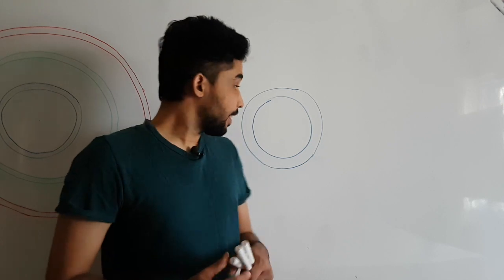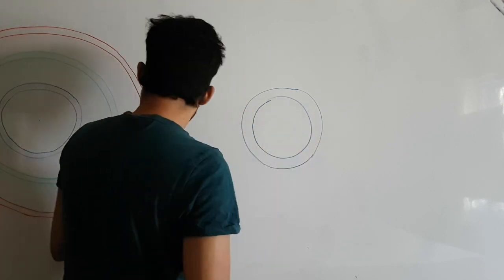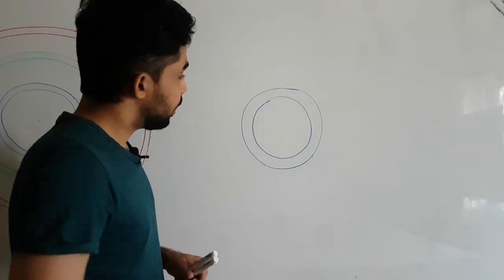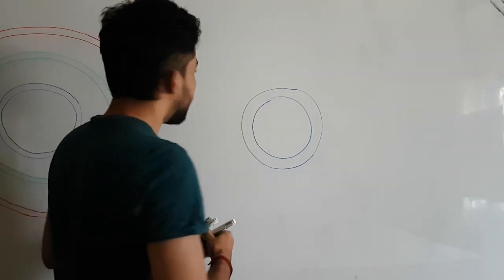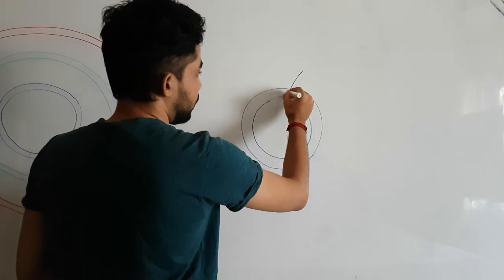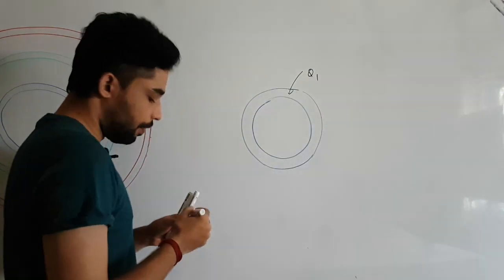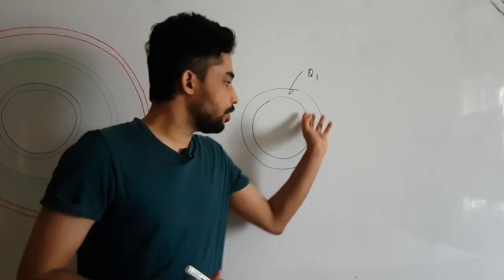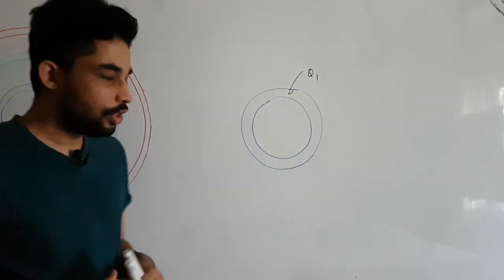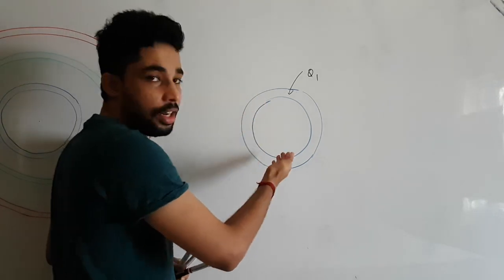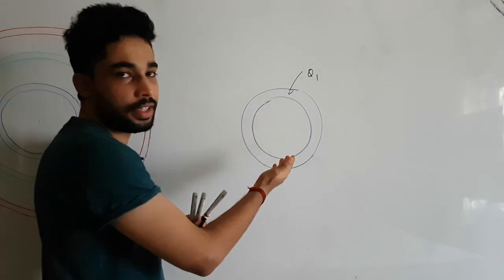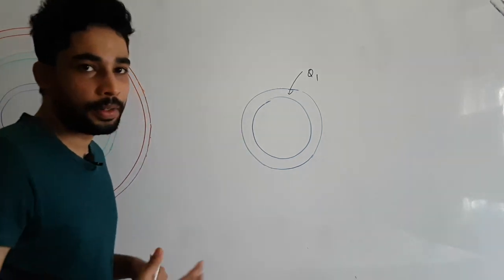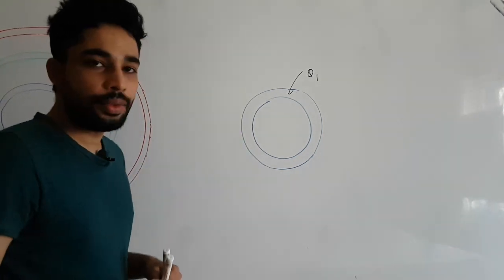Here let's consider the first concentric shell, the innermost shell. Here I've drawn it a little bit big. They're telling us that it is given some charge of Q1. Now we need to understand how exactly this charge Q1 is going to get distributed in this shell. Is it going to stay somewhere in the middle, or is it going to come onto the surfaces? There is an inner surface and an outer surface, so which surface is it going to come on? All those things we need to understand.